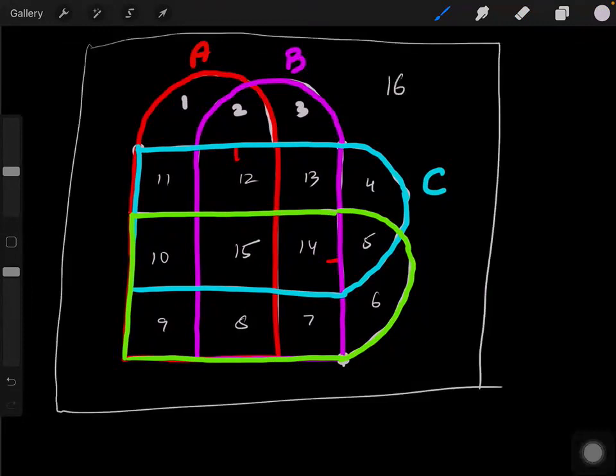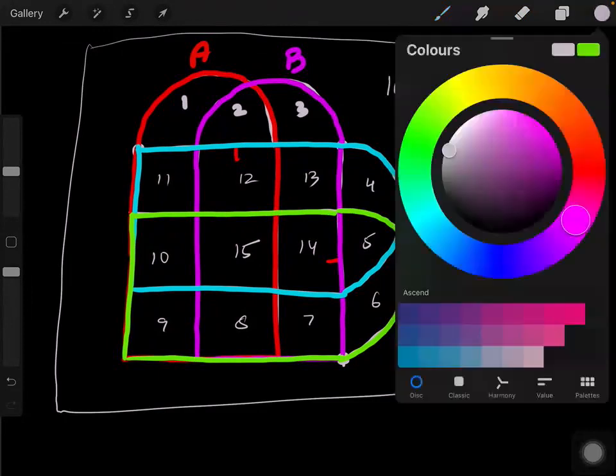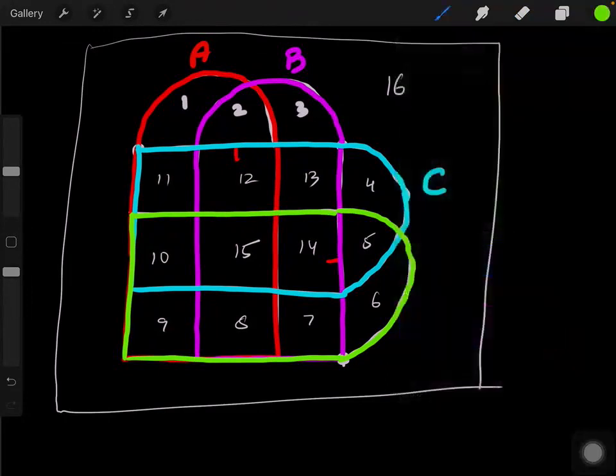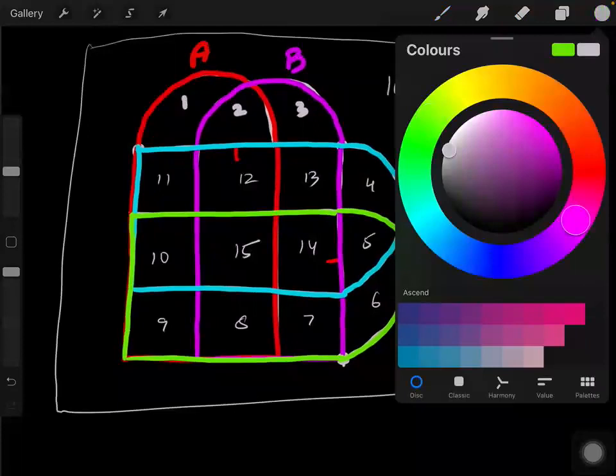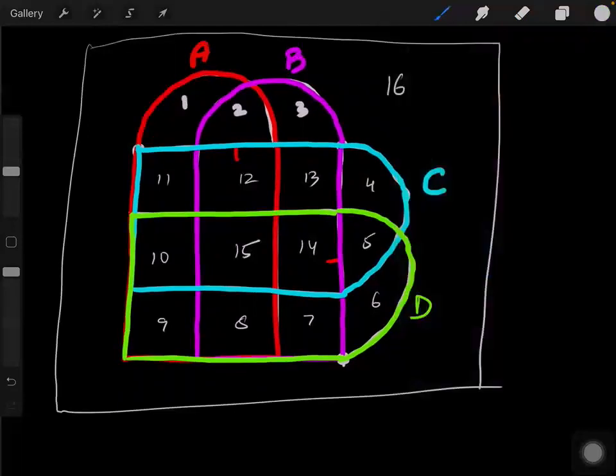So this obviously has 16 areas, and it also solves the problem of the overlapped area that we had for the previous case. So for example, if we need to figure out the intersection of A and C,